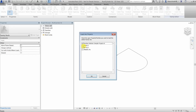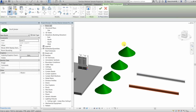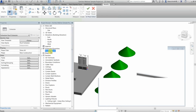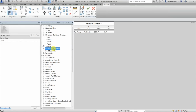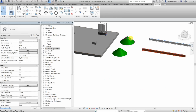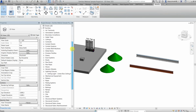So now that I've loaded it into my project, the family webinar sample project, I can place it in here as often as I like. And the great thing about that is when I create a schedule, a roof schedule for example, that roof family here, oh sorry, I'm still in the in-place editing. So I cancel the model now. Yes, I want to discard them. Sorry for that. I was still in that in-place editing mode, and I've placed those families into the in-place family as nested families. So I didn't want to do that, but I should be able to find under roofs